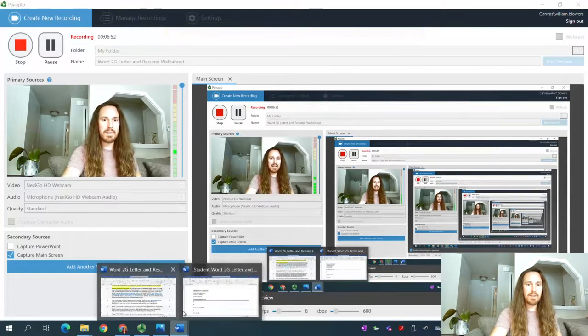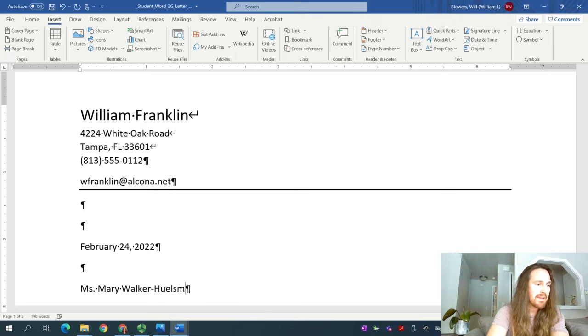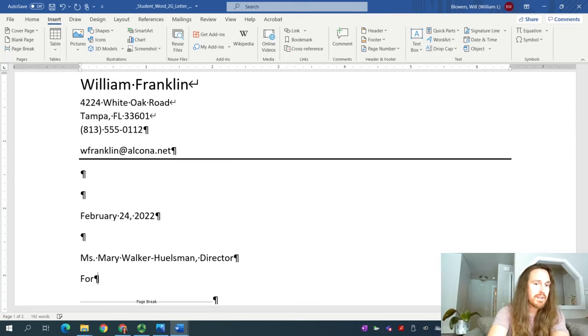As we type Ms. Mary Walker dash Huelsman, comma, space, capital D for Director. Press enter, capital F for Fort, Port Community College Career Center. Press enter. The address is